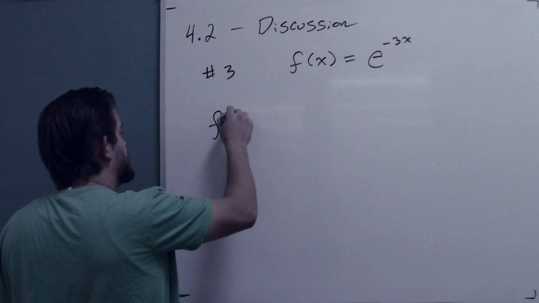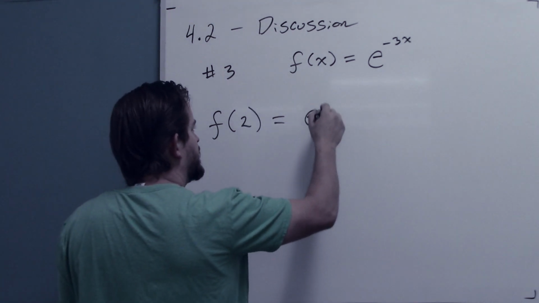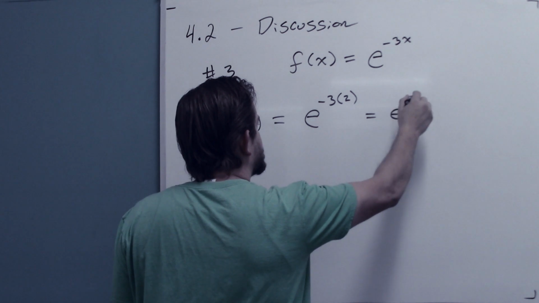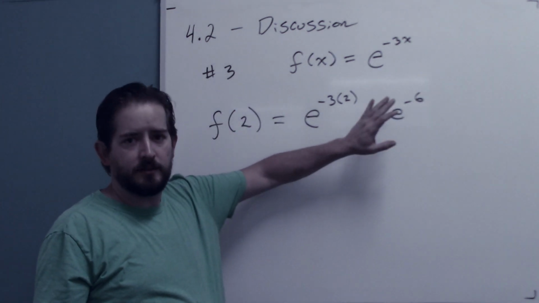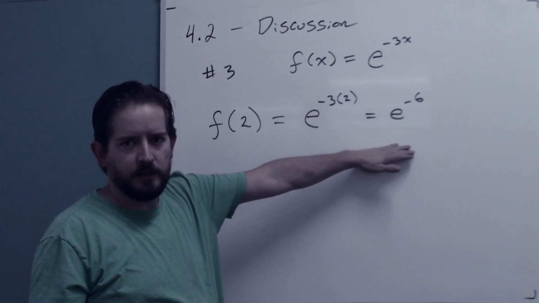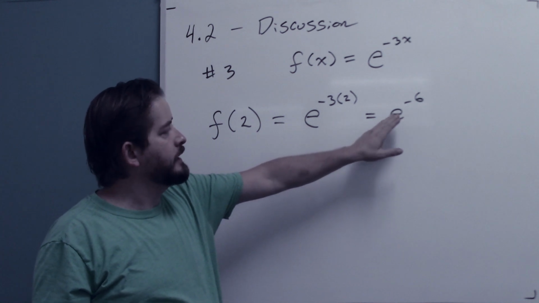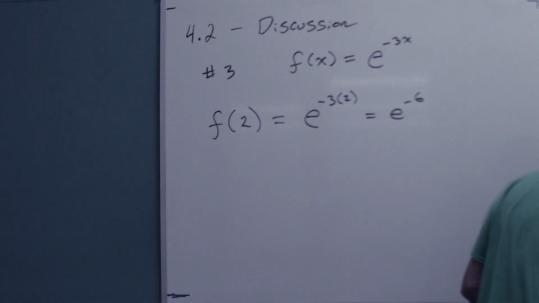Let's start with, say, f of 2. Well, f of 2 would be e to the negative 3 times 2, or e to the negative 6. Now, of course, e is that 2.7182818 yada yada blah blah ugly number. So you'll need a calculator in order to do this. And I need to take e to the negative 6. So plugging that into my calculator, I get